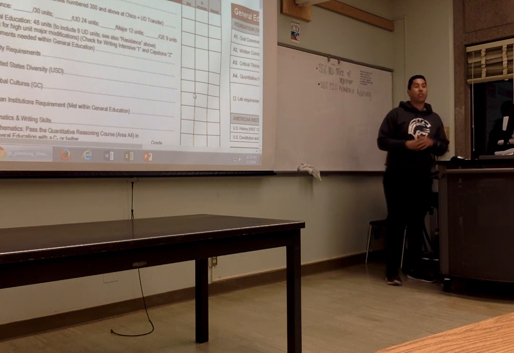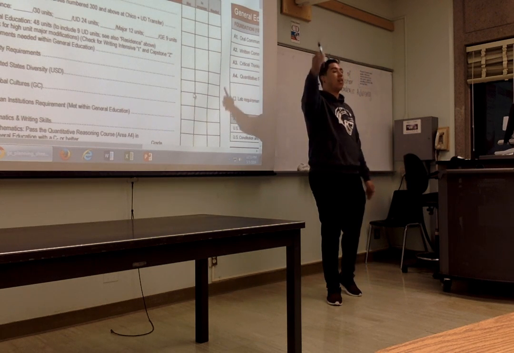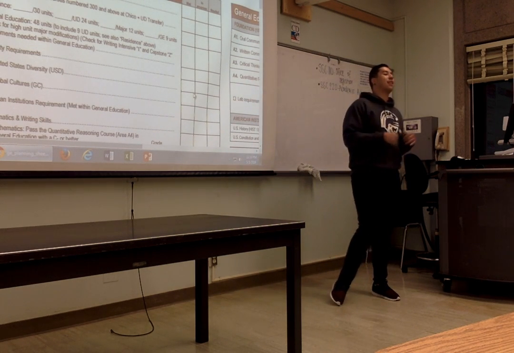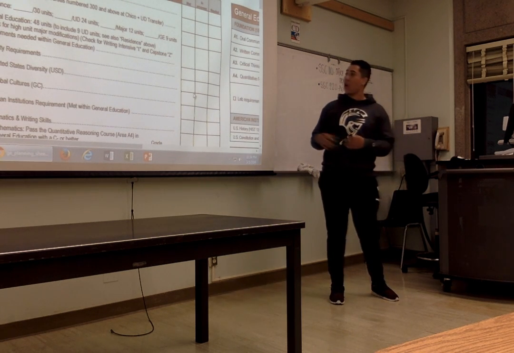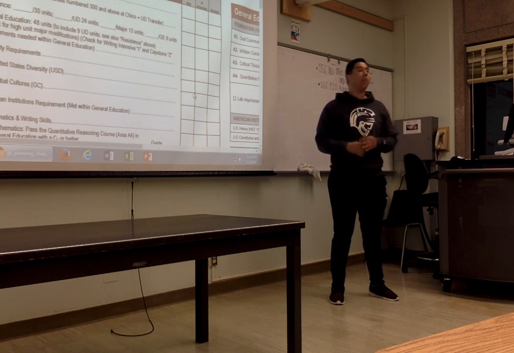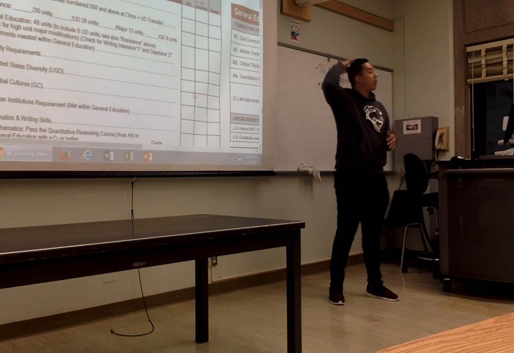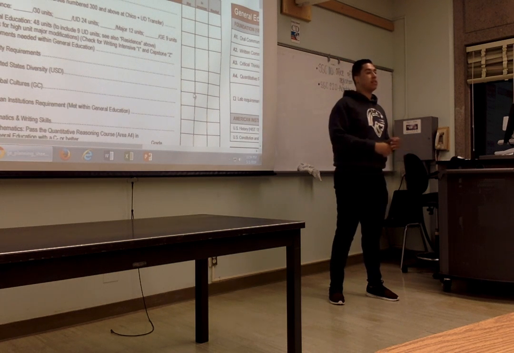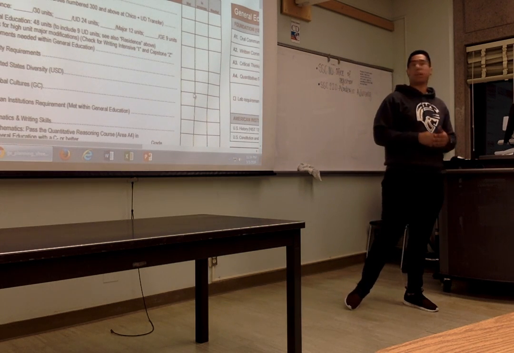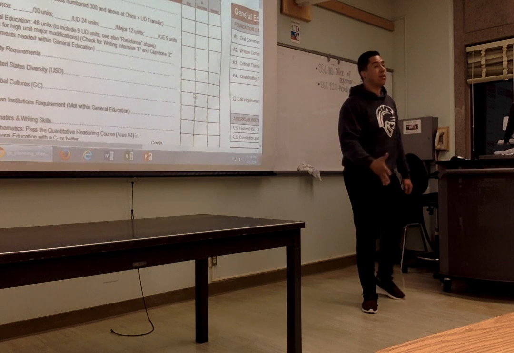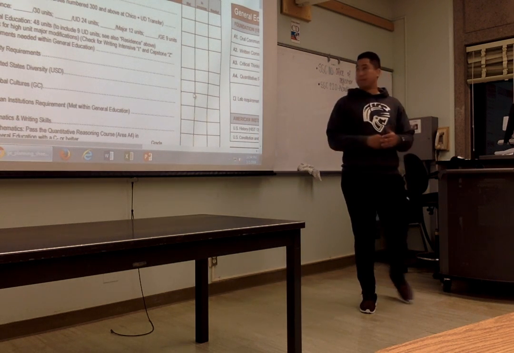Graduation requirement number 3, residence units. And it's not living in the residence halls or living on campus. It's the units you take here at Chico State. We have this policy because we don't want a student from another college just coming over, taking one course, and graduating from Chico State saying, I have a Chico State diploma. So we put a cap on it: at least 30 units that you need to have here at Chico State for you to get your diploma.